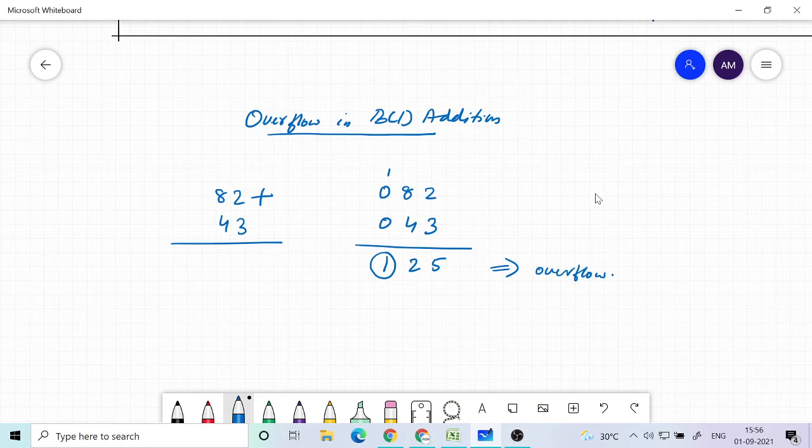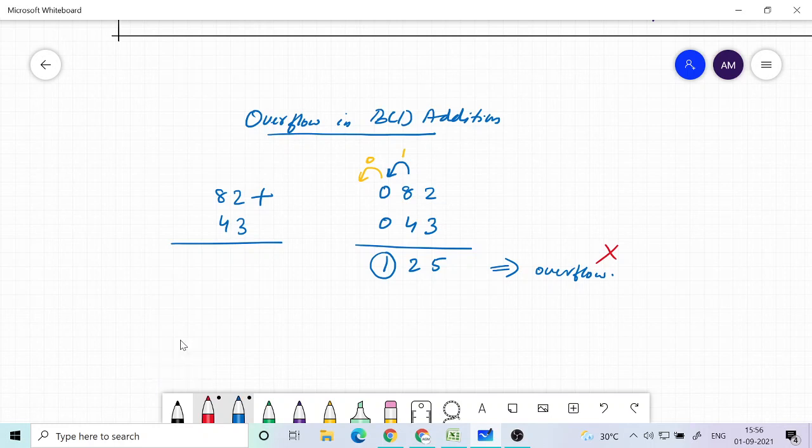The maximum number that you can represent is up to 99. If the result is becoming more than 99, then you have an overflow. If you look here, there is a carry coming out here, which is 1, and no carry coming out here. So this is a case of overflow.